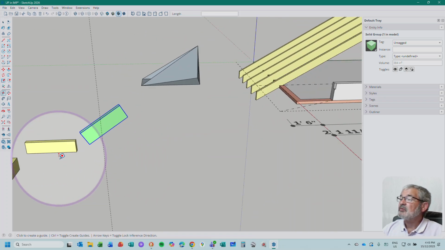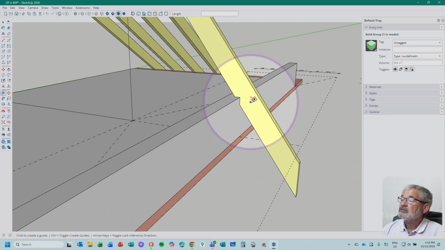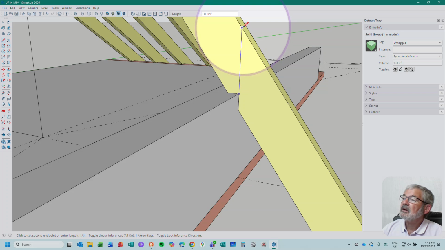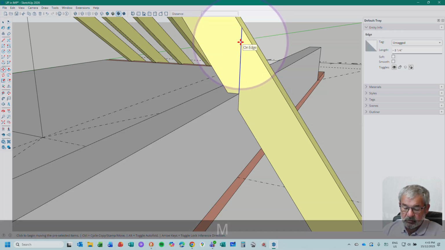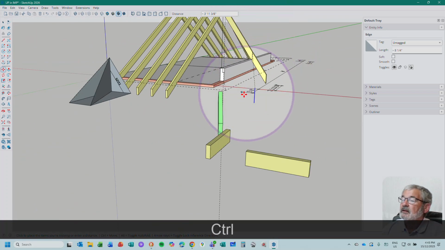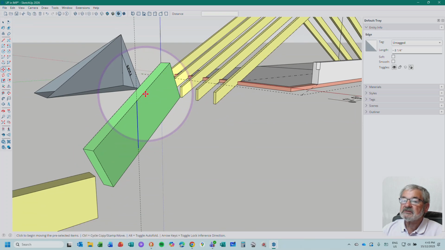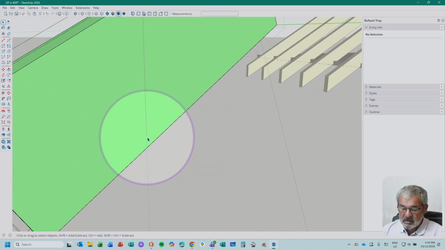And how deep is my bird's mouth? Well, here it is here, isn't it? I'll just draw a line up there, L for line, click on the blue up there. That's the depth left on. M. I'll leave one there, and I'll put that on there on the intersection. Double click on that. Not much of a bird's mouth here, but